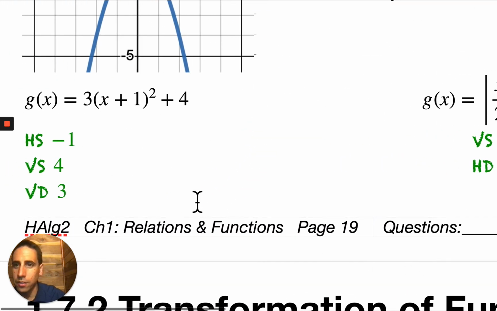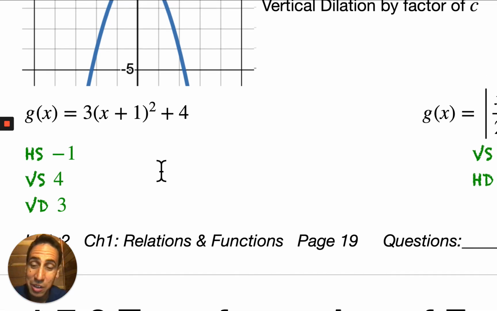All right, so without the equation, without the table, without the graph, let's see if we can just describe what the function would be compared to the original. This looks like the original parent function would be an x squared with a +1 on the inside, a ×3 on the outside, and a +4 on the outside. The +1 would give you a horizontal shift because it's inside, so a horizontal shift of -1. The +4 is on the outside, so that'd be a vertical shift of 4, and the vertical dilation is 3,